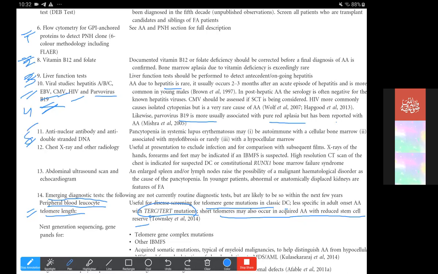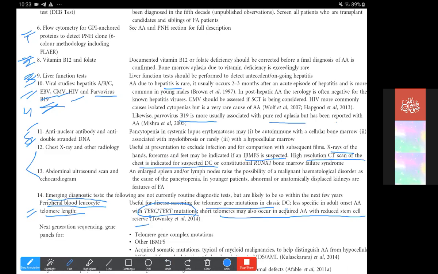Coming to the radiological examination, we'll go for chest X-ray, abdominal ultrasound and echo. Chest X-ray and other radiology are useful, such as bone scans and X-rays of the hands, forearm and feet. They are important, and are also done for inherited bone marrow failure syndromes, and a high resolution CT scan of the chest is indicated